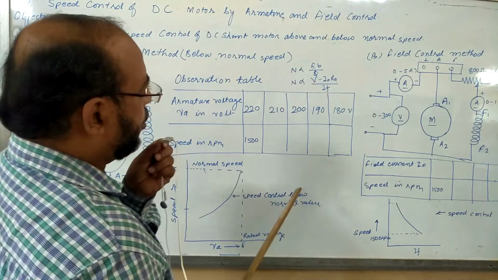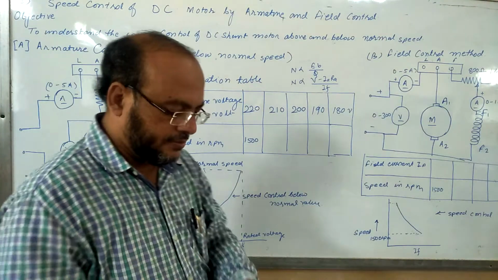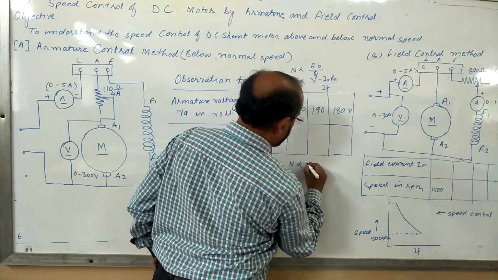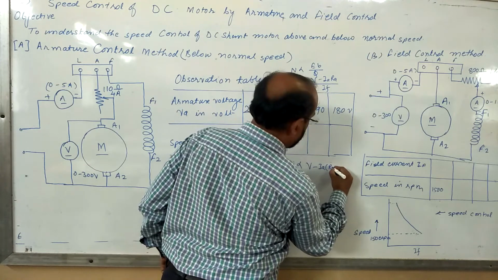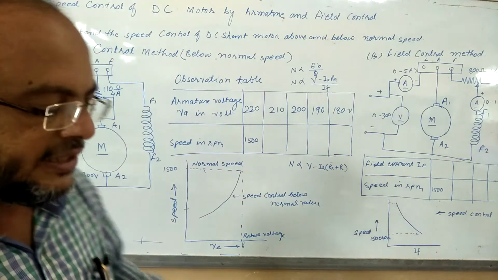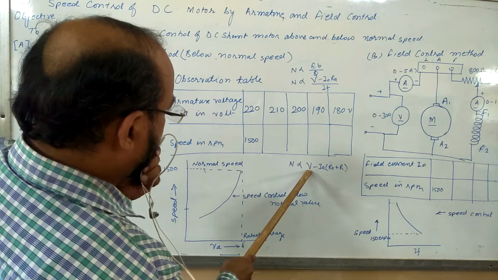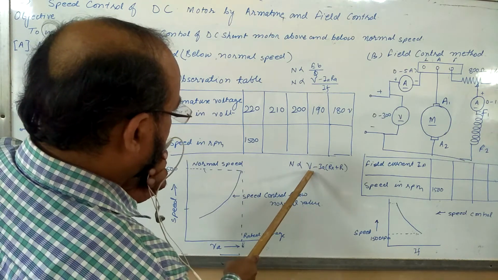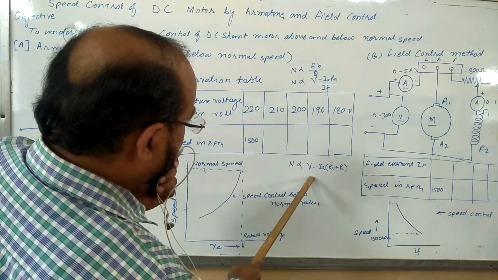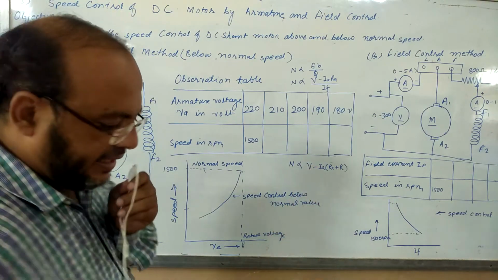It is quite clear that if you keep the field current constant, your speed is directly proportional to V minus IaRa. So if you add resistance in the armature circuit, N is proportional to V minus Ia into bracket Ra plus some external resistance R, then it is quite possible that we are able to reduce this factor. Suppose 230 minus 50, it is 200, then 230 minus 60, it is 190, and so on. So by decreasing the voltage across the armature, we are able to control the